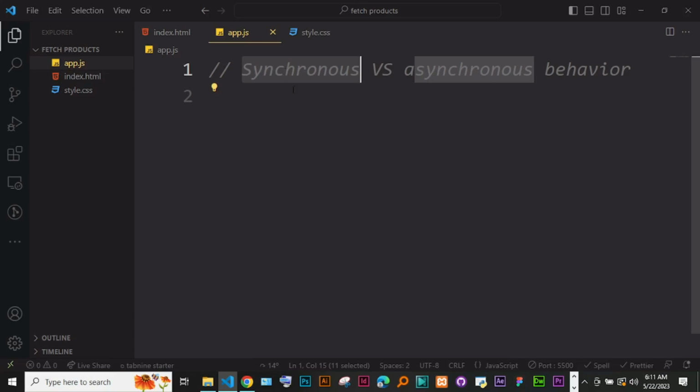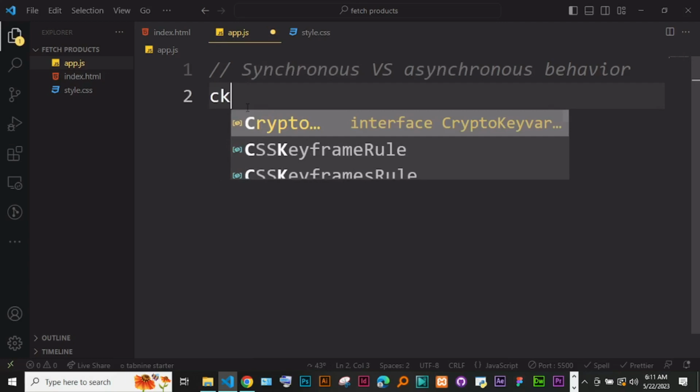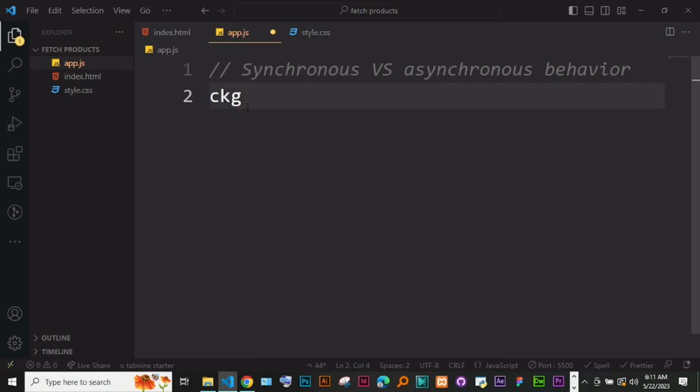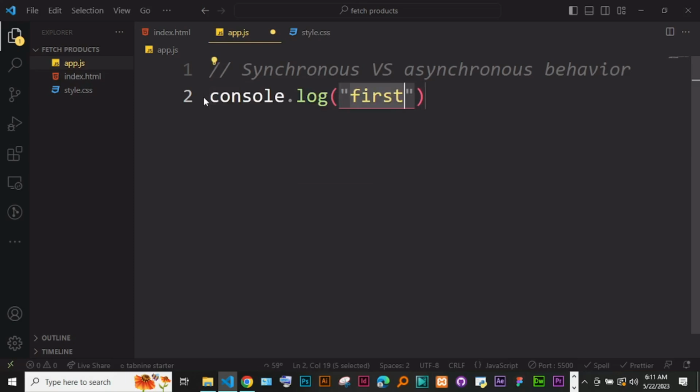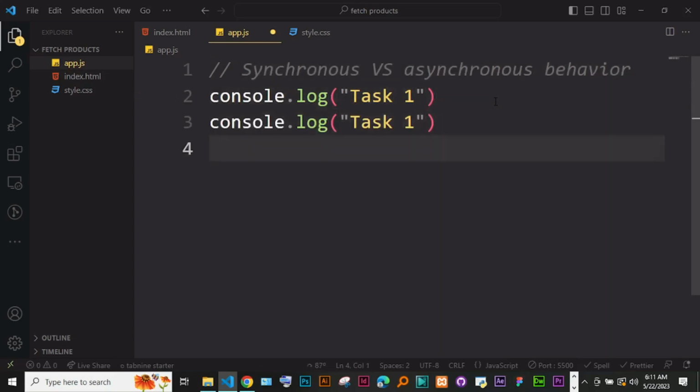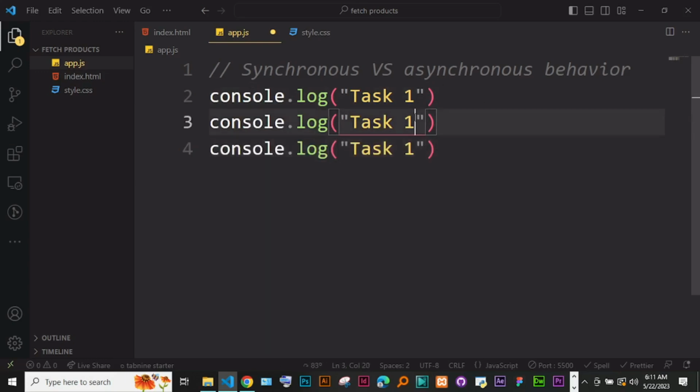So for instance, let's say we have this code. Let's say we are consoling 3 tasks. We have task 1 here, and I'm just going to duplicate this one to have 3 tasks. So if we have these 3 tasks here,